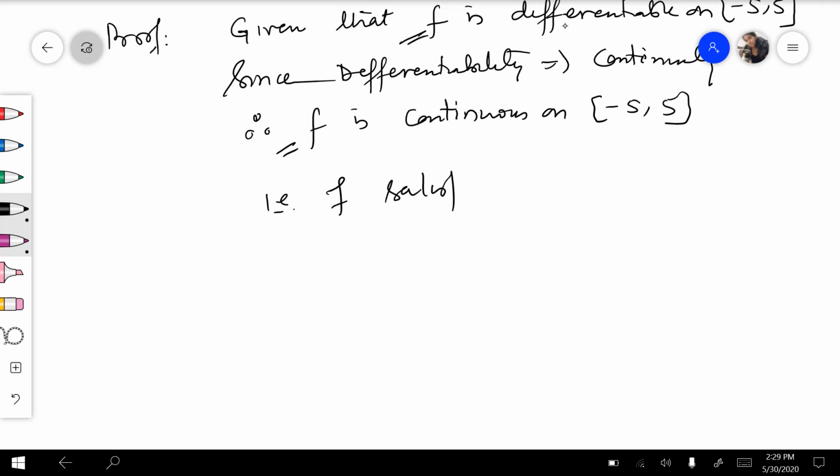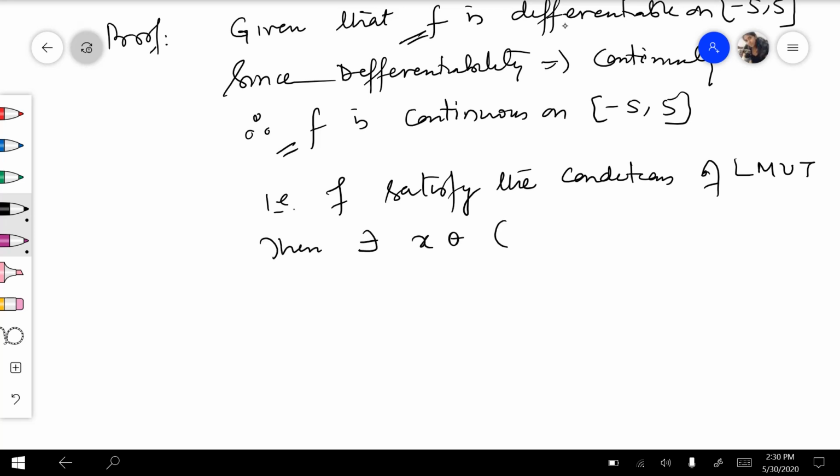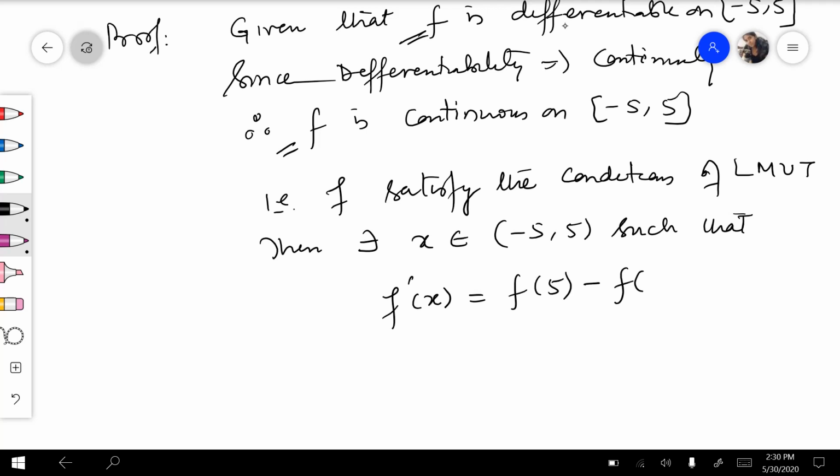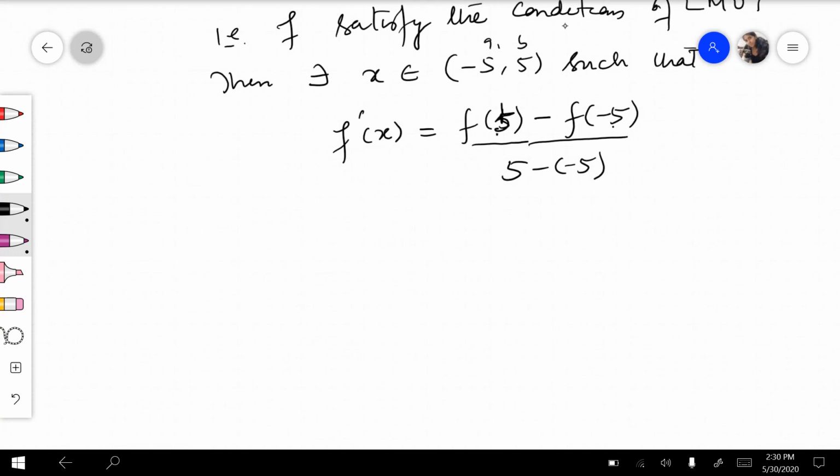That is, f satisfies the conditions of LMVT, then there exists x belongs to the open interval -5 to 5 such that f dash x is equal to f of b minus f of a upon b minus a, यहाँ पर b हमारे पास 5 के इक्वल है. Now f dash x